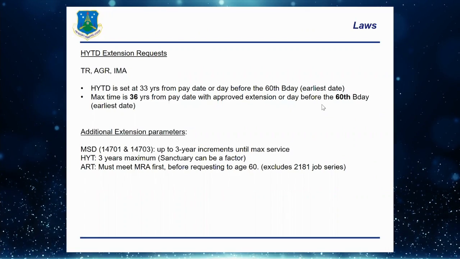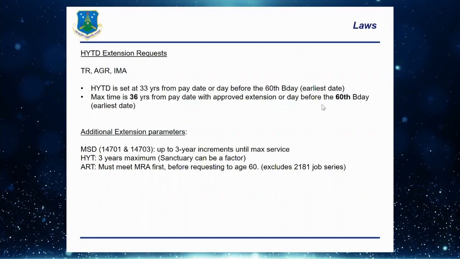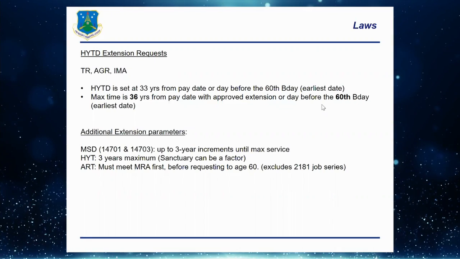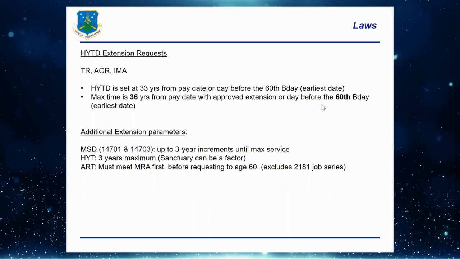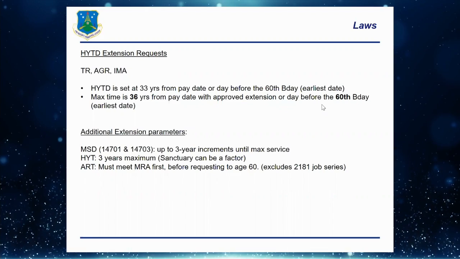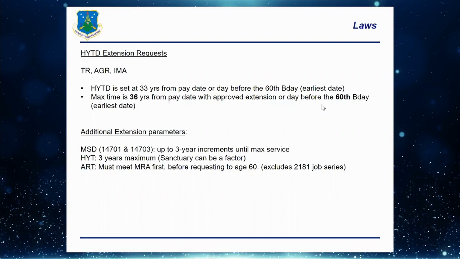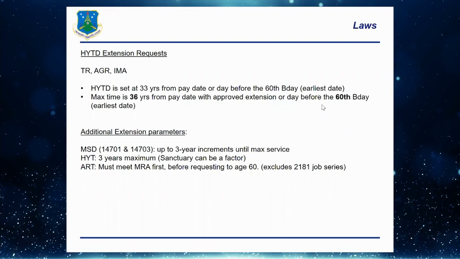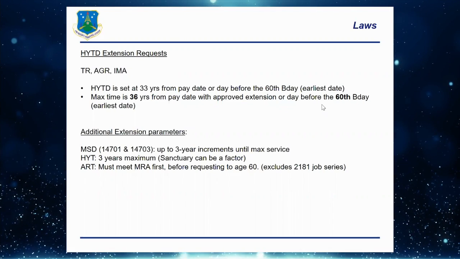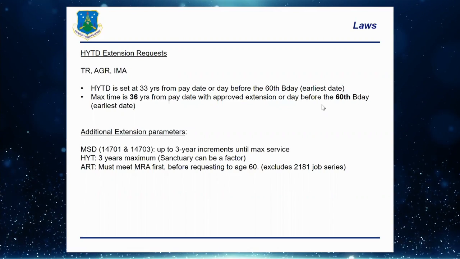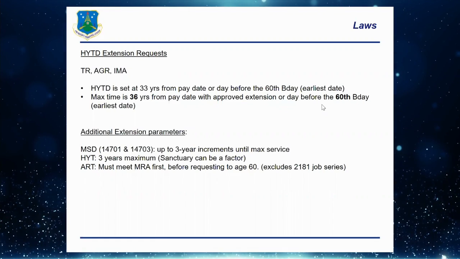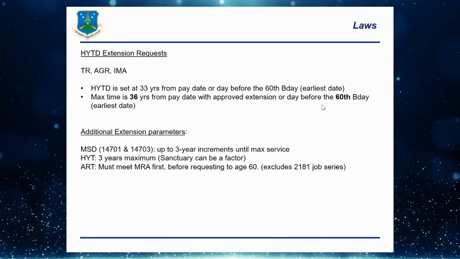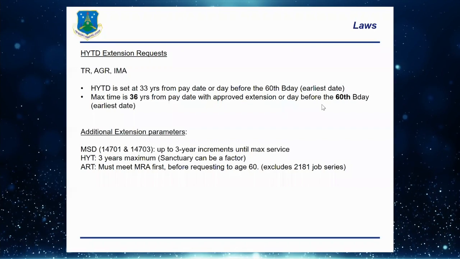Okay, HYT extension requests are pretty much straightforward for TR, AGR, IMA. Their high year tenure is set at 33 years from their pay date, or the last day of their 60th birthday, whichever is earliest. Their maximum time is 36 years from their pay date with an approved extension and before their 60th birthday. Some additional parameters I have to mention is that MSDs for the 14701 and 14703,